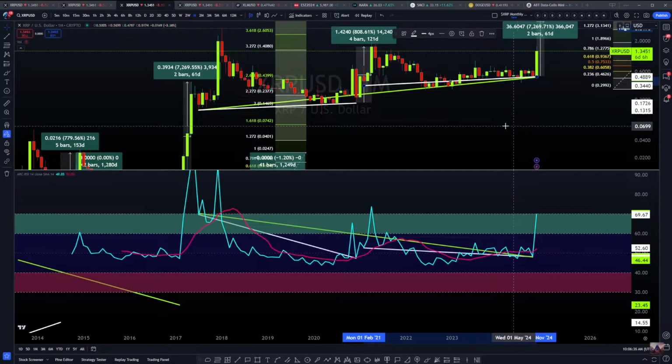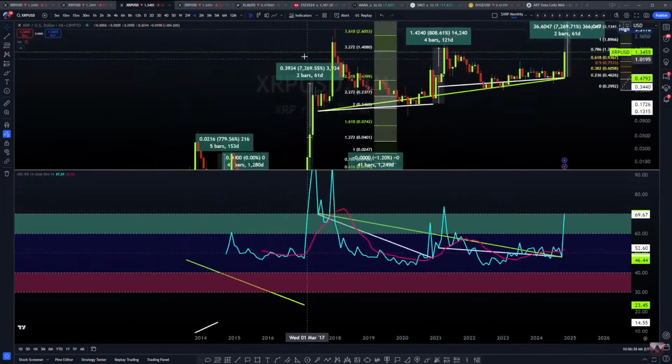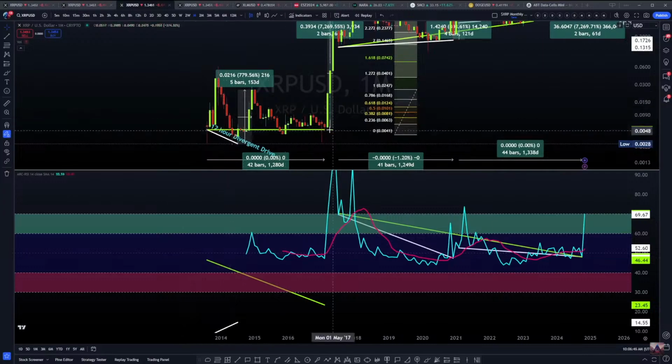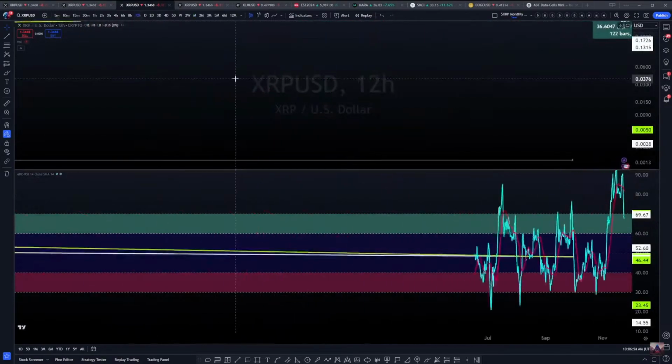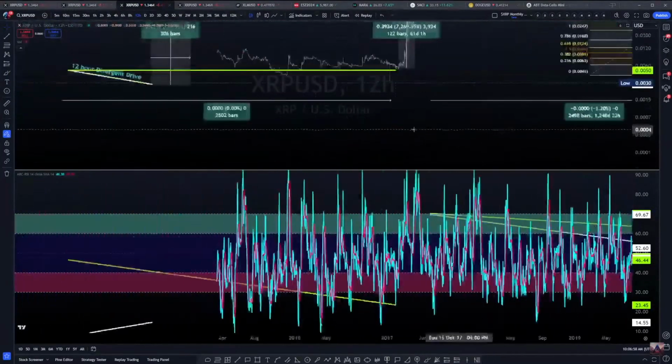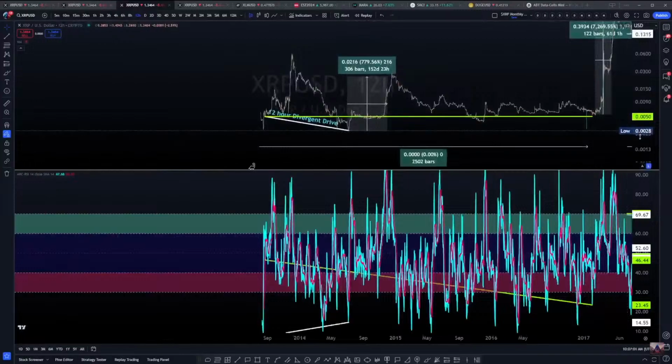Okay, interesting, because this is phase one of this large triangle here. This is phase one and phase two of the large triangle, right? We also have two different phases for this one too. Now, remember that this doesn't have the time. So what did we use? We used a 12-hour time frame to get us to understand or see where we are historically.